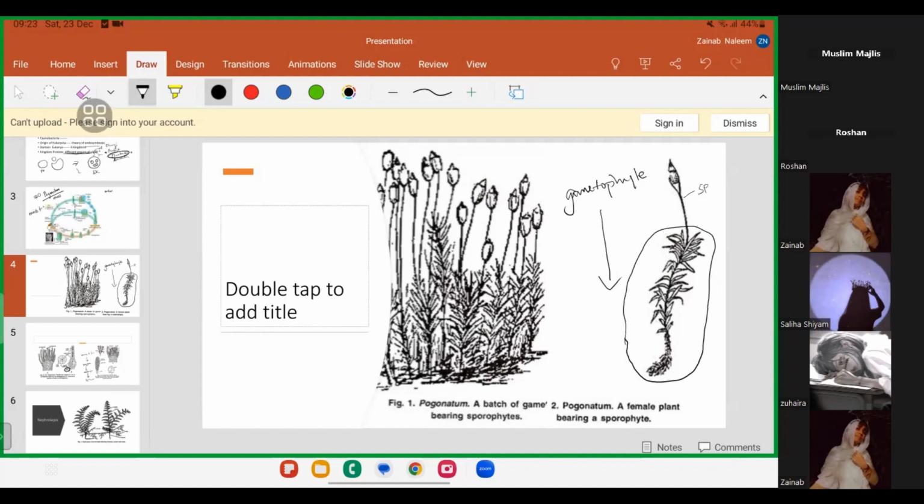As I said, the gametophyte is the dominant one, and the sporophyte is not so dominant. It depends on the gametophyte for the nutrients and the photosynthetic ability. So this cannot get food on its own. The sporophyte depends on the gametophyte to get the food and the nutrients. The sporophyte remains attached to the gametophyte. The sporophyte consists of a foot, seta, and the capsule. So if we focus on only the sporophyte,